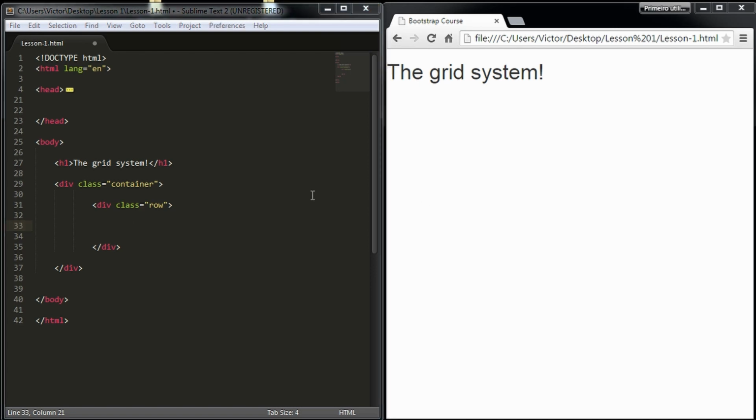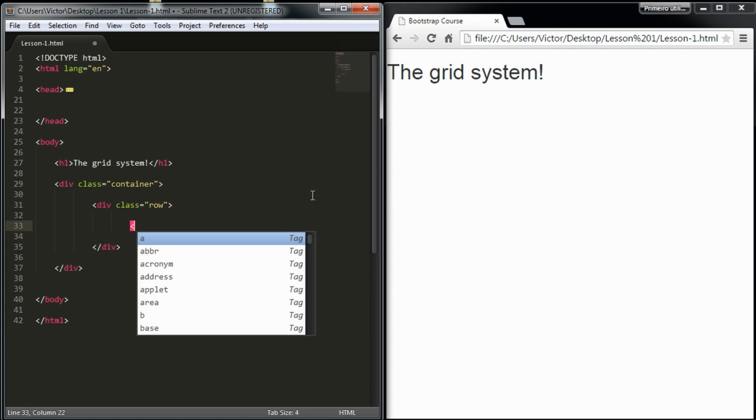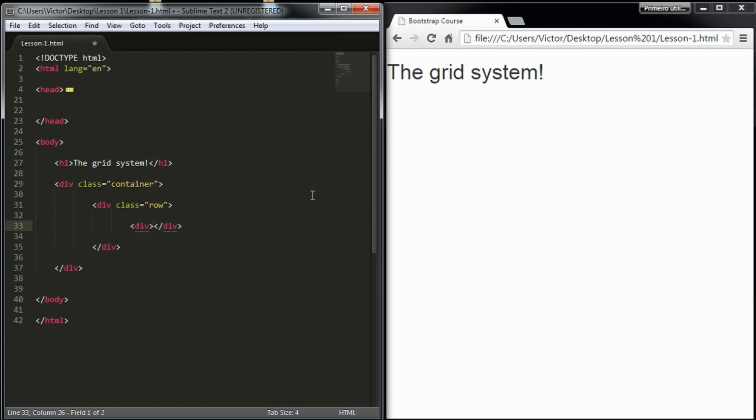So let's start with 2 columns first, or 2 sections. So let's create 2 div classes, and let's call them col LG 2